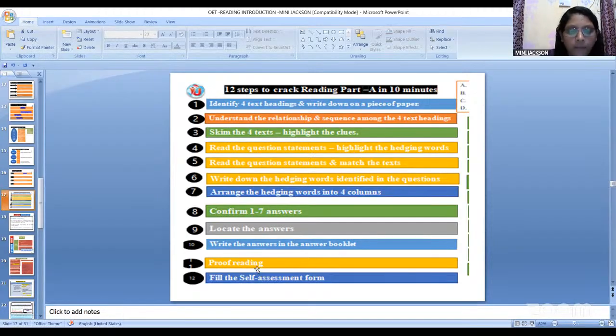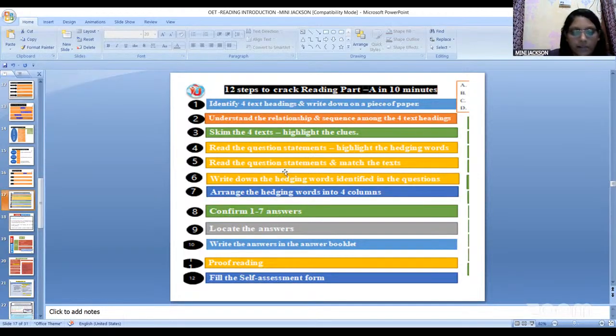So proofreading is important. According to our father's strategy, we will have 5 minutes for proofreading, because we are going to complete the paper within 10 minutes. Then 5 minutes is there. Just go through the 1 to 20 questions again. Check each line of your answer, check for spelling mistakes, or if a gap is there, you have to write the gap. Everything you have to see within the 5 minutes, that is proofreading. Then if there is a correction, just do it immediately.